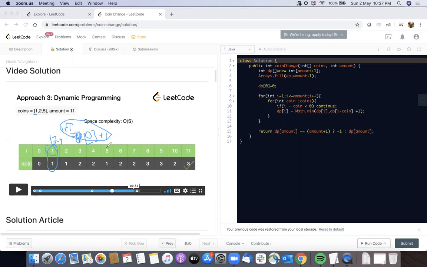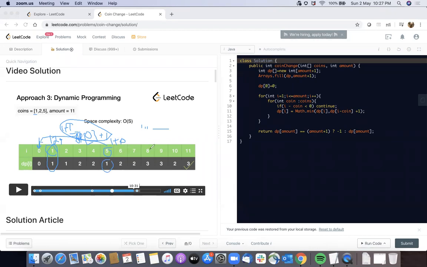You will see what I am doing as we go forward. Let's take the example of 5. How can I make 5? I can make it with 1 1 1 1 1, five times, or I can simply take a 5 rupee coin. If I take a 5 rupee coin, first of all I have consumed 1 coin, so I add 1. After taking out 5 rupees, the amount left is 0, and the minimum number of coins required to make 0 is 0. So 1 plus 0 is 1, and that is why I updated this as 1.